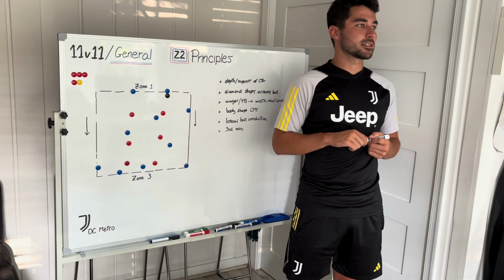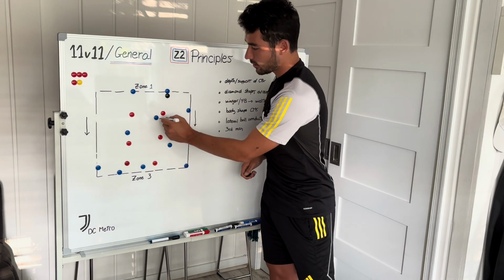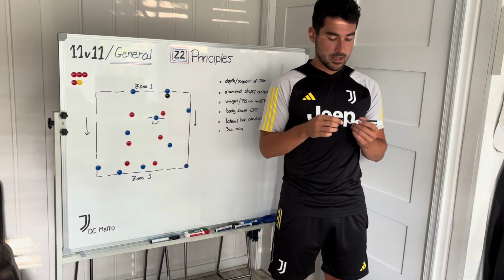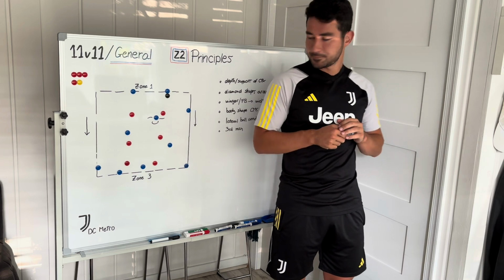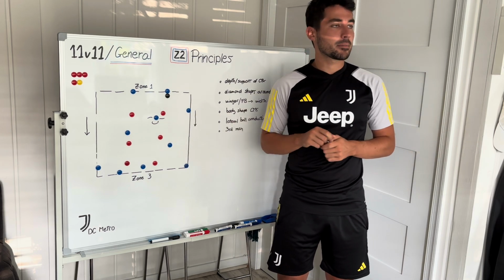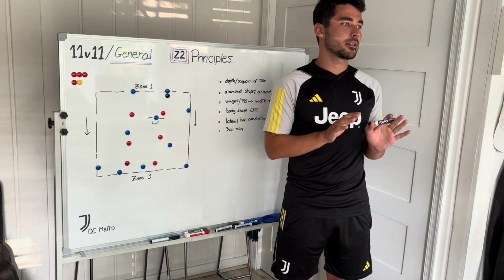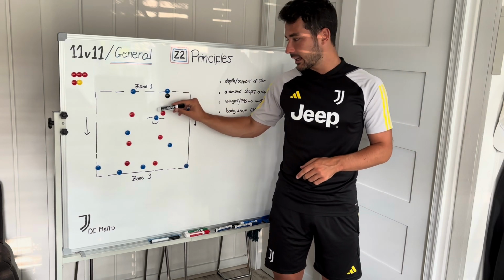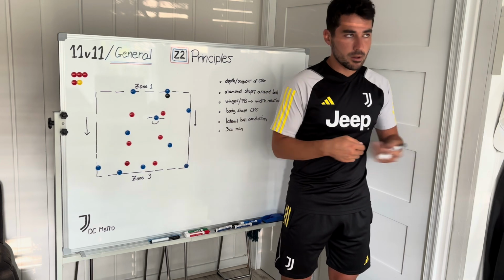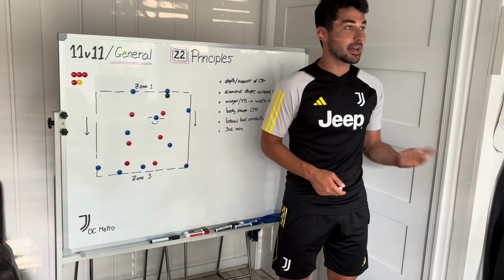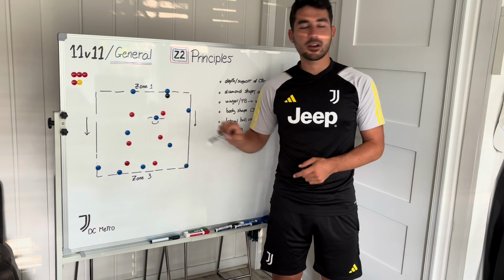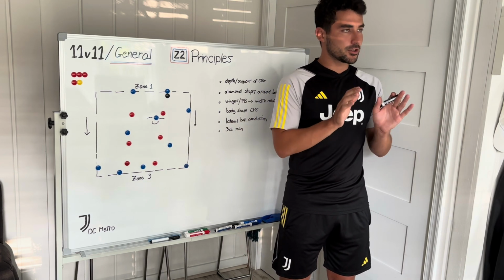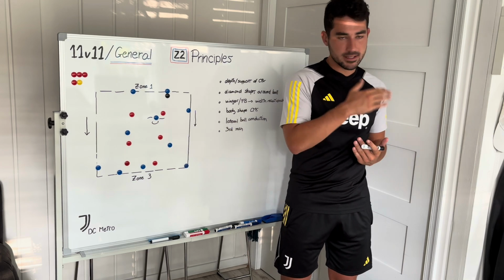If this center back has the ball and our center mid is facing the ball directly, so giving shoulders to the goal, this center back is going to have, the center mid, he's going to have a few options. They can play wall passes, they can play diagonal. However, it's going to be very hard for them to receive on the half turn and go forward. So here, it is important that the coach reminds the player